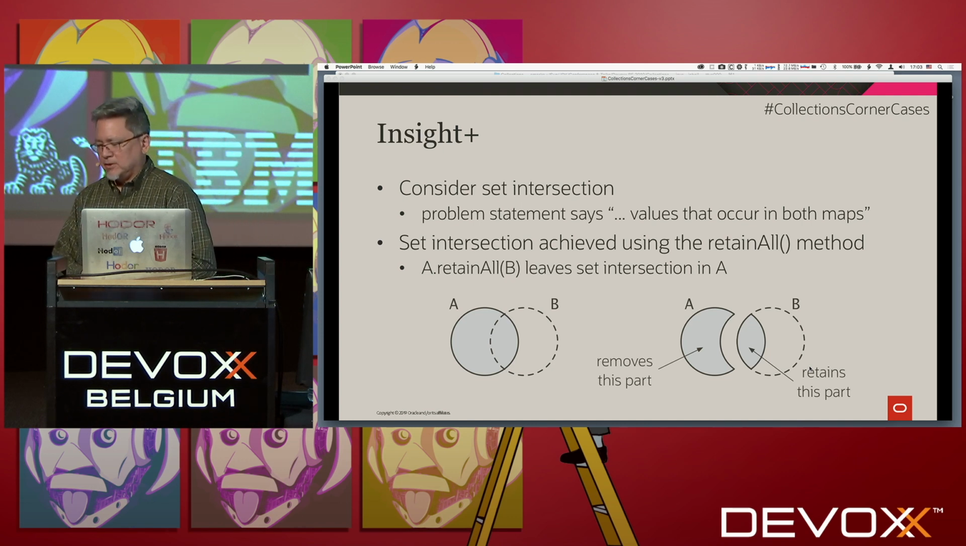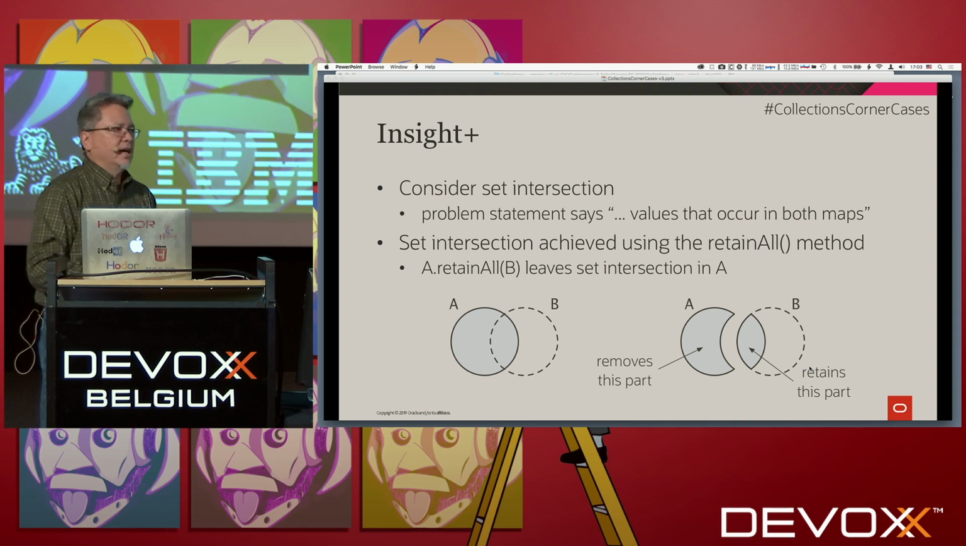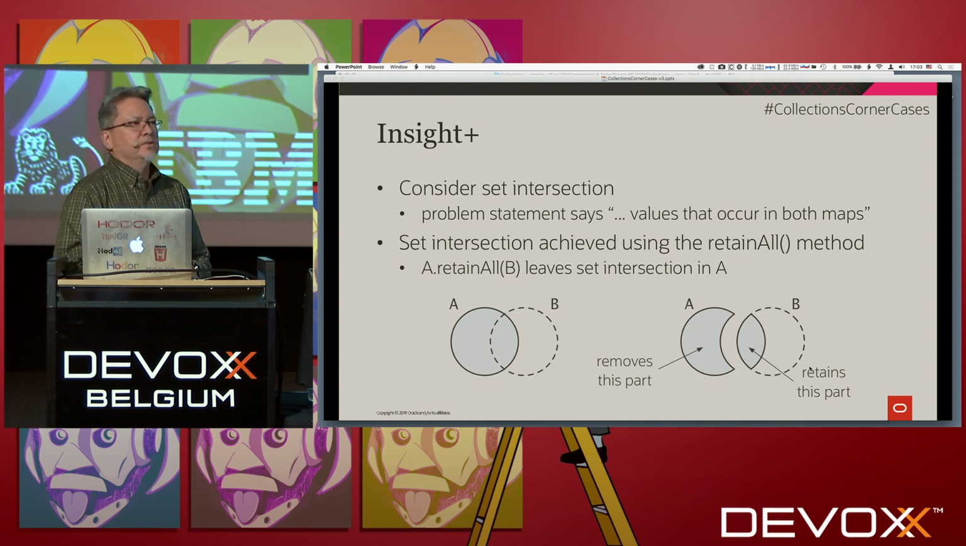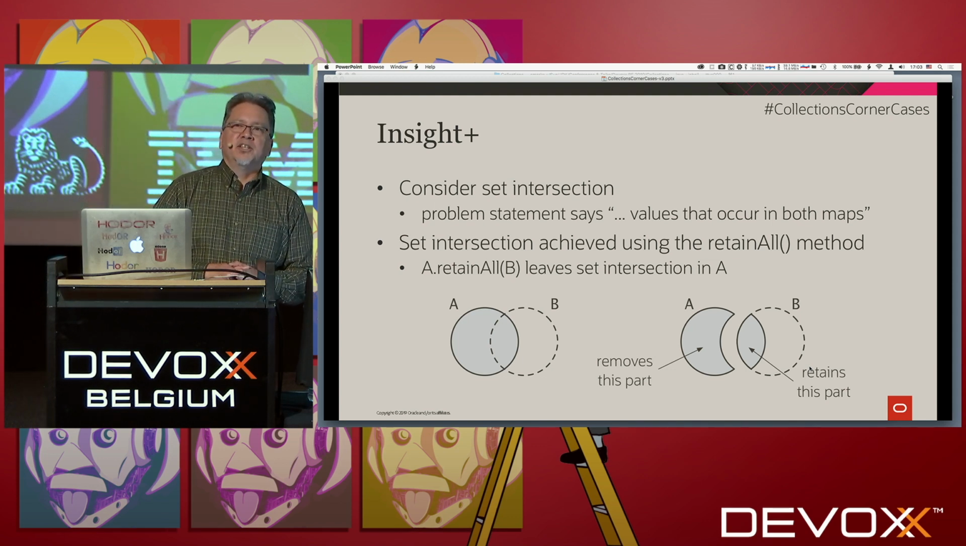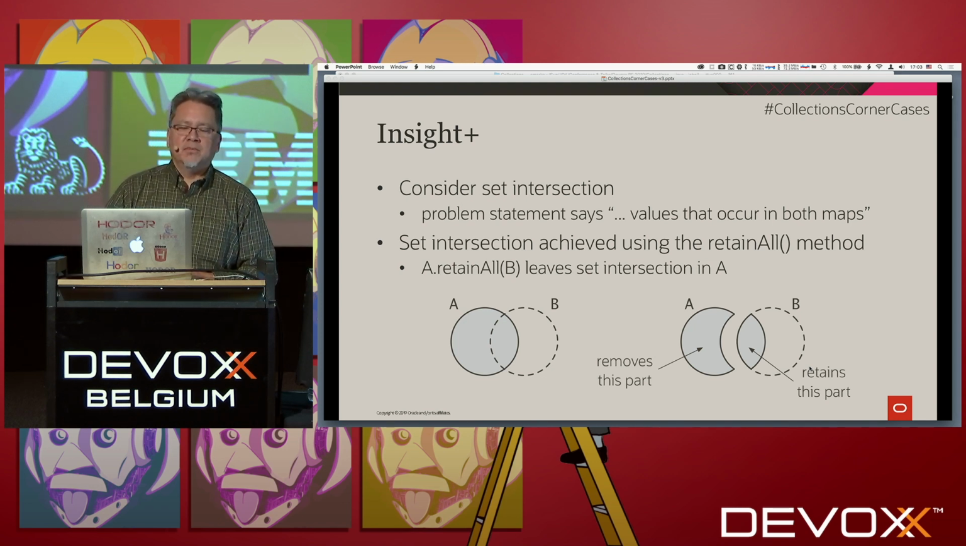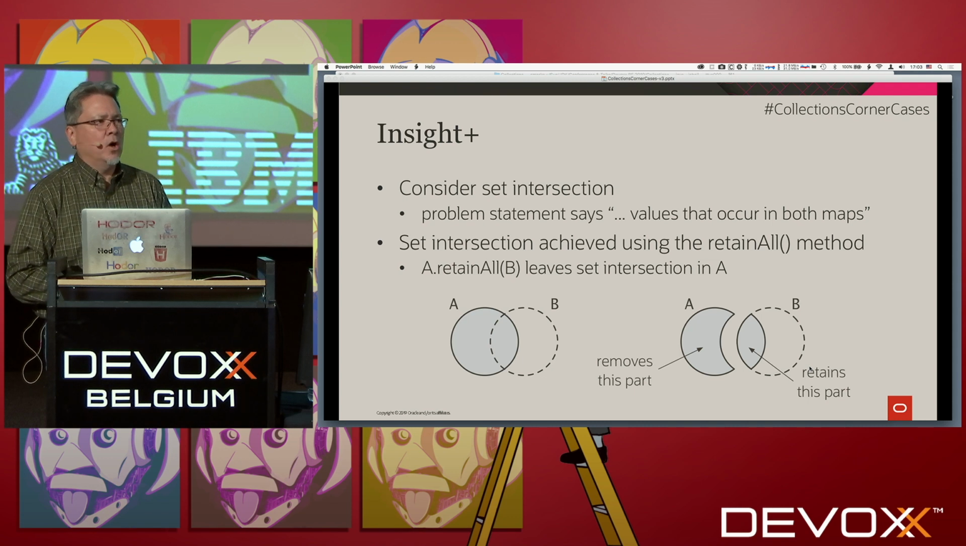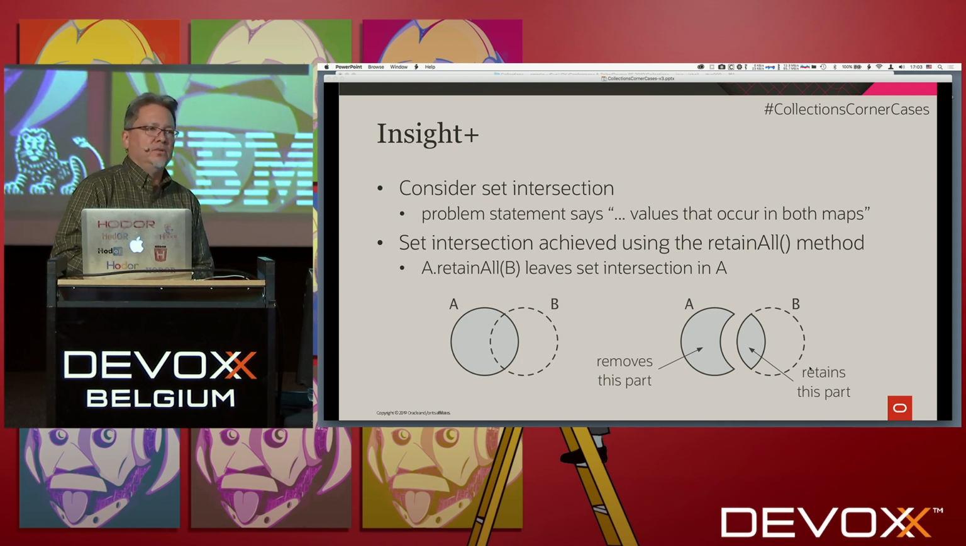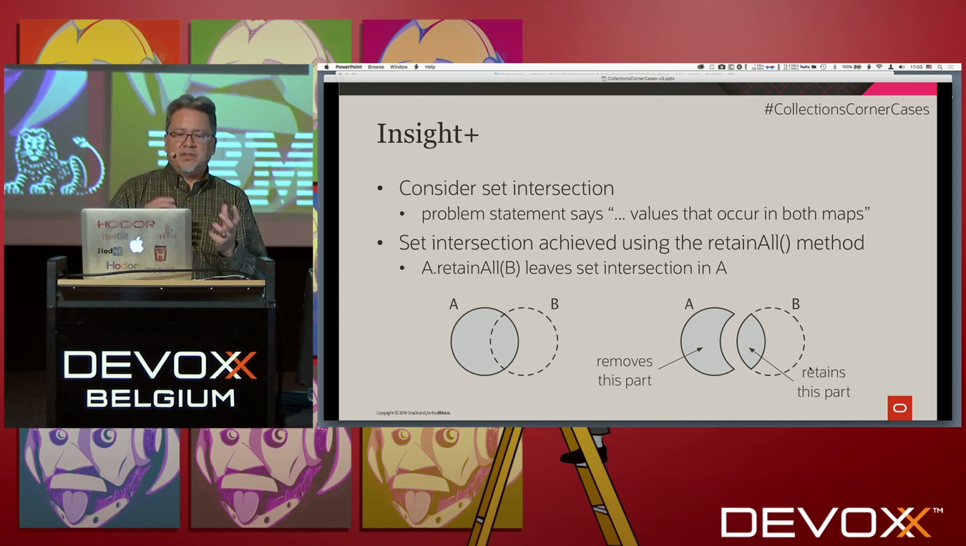So, a quick aside about set operations in the collections framework. Quite often you want to do set operations like union or intersection and things like that. But there are no methods with those names. And it turns out that retainAll is the way to do set intersection. And if you look at these Venn diagrams, it turns out that that's exactly what you want. And you have to do it the right way. You have to say A,